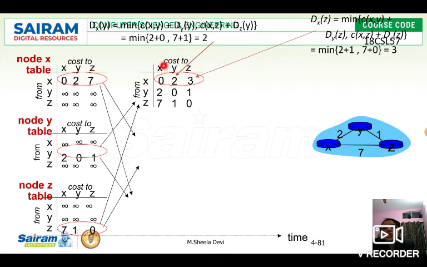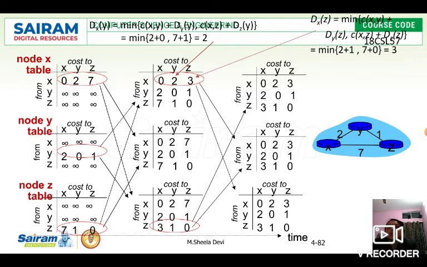Similarly, after updating this value, it has to send it to its neighbors. So during the second iteration, it will send again to y and z. With this, if they need any changes, similarly these infinity values are also replaced by x, y and z, and if any minimum value is received by y and z after getting the information from its neighbors, that will be updated.